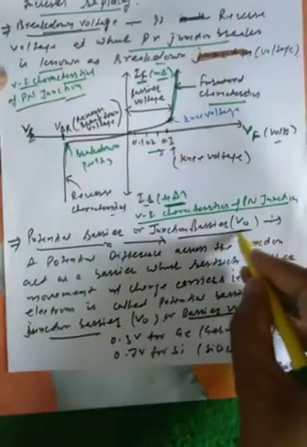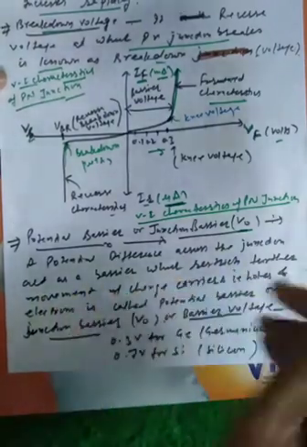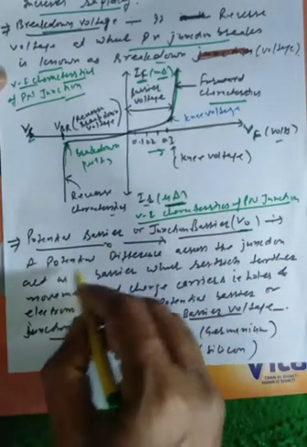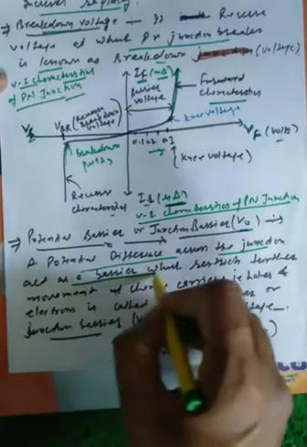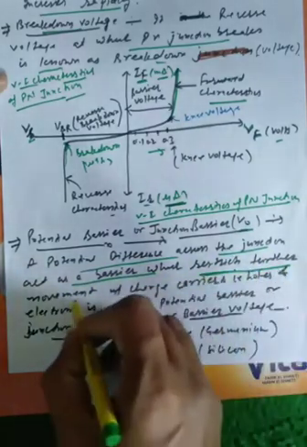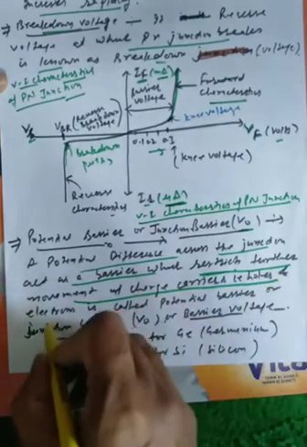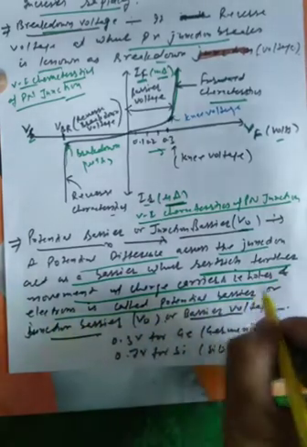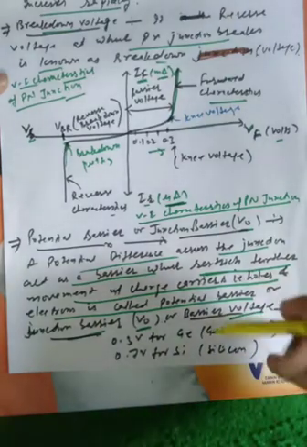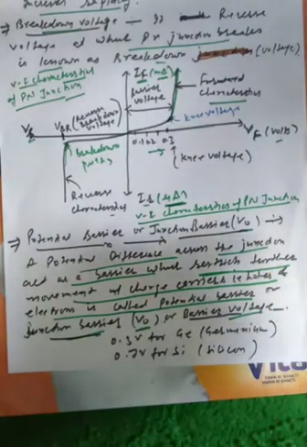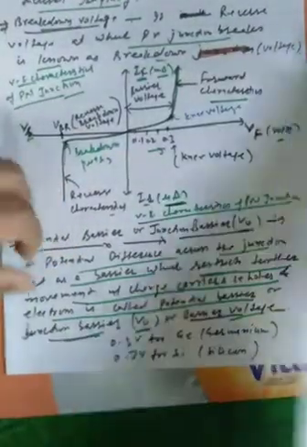And what is potential barrier? Potential barrier or junction barrier, that is V naught, occurs in the depletion layer. A potential barrier is a difference across the junction, acting as a barrier which will restrict further movement of charge carriers, that is holes and electrons. It is called the potential barrier or the junction barrier, that is V naught or barrier voltage. Barrier means something that stops, okay. It occurs in the depletion layer as we have seen earlier.